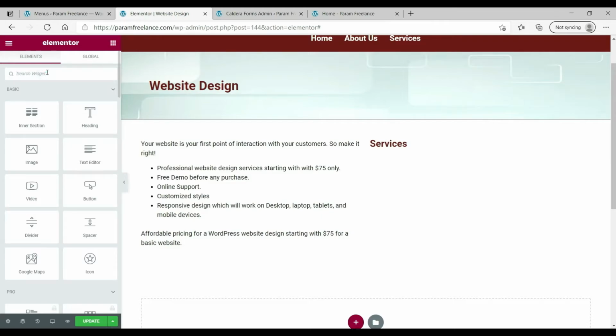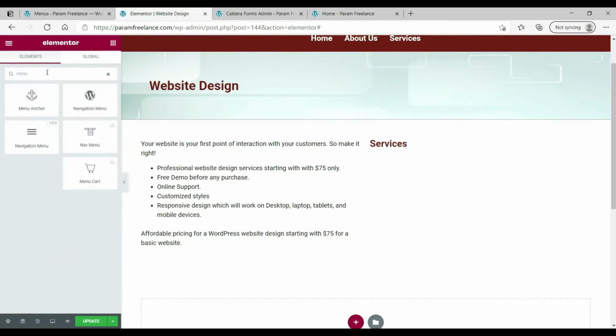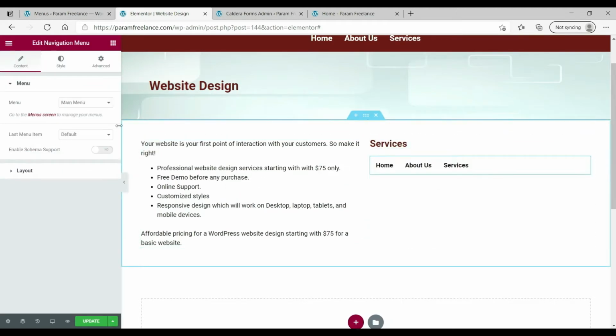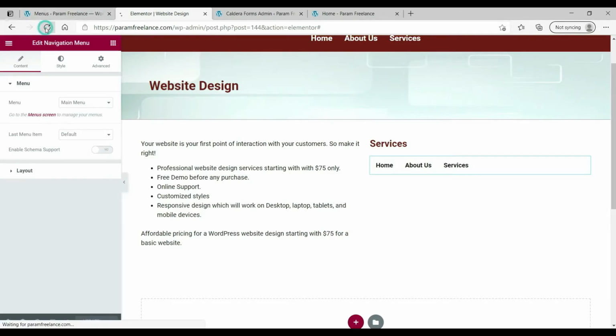So click on search, look for menu, select this one, drag it and drop it here, just below the services. Now here menu, select, let's refresh this page. It is not showing the services menu, so click on update and refresh it.